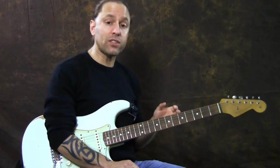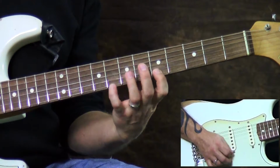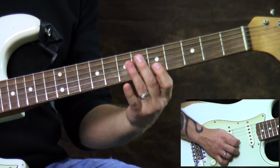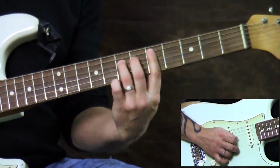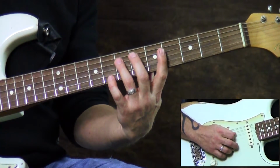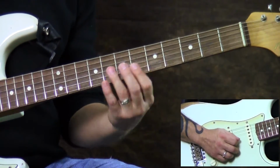Okay? So what I like to do is take those ideas and start visualizing on my fretboard. I visualize minor pentatonic, and I visualize major pentatonic. And again, you don't need to worry about playing this part right now, but I just want you to see what I'm doing here. So if I play major pentatonic, and I play minor pentatonic,